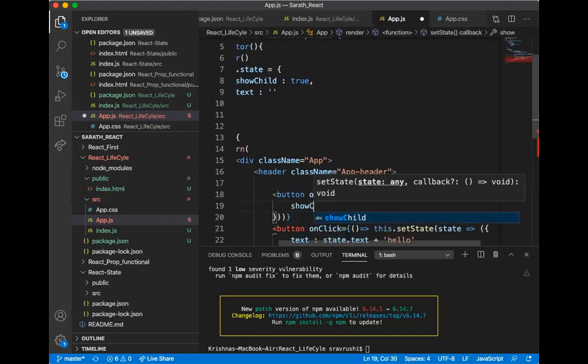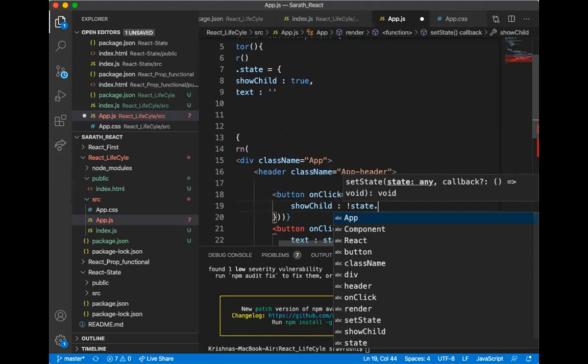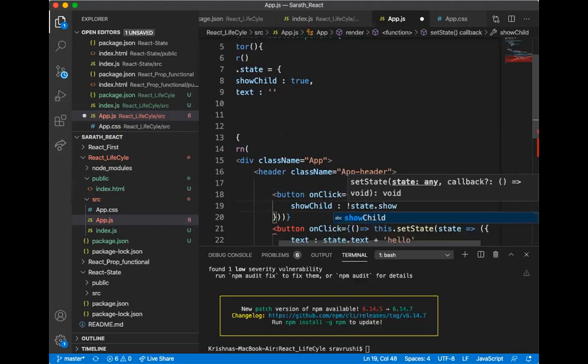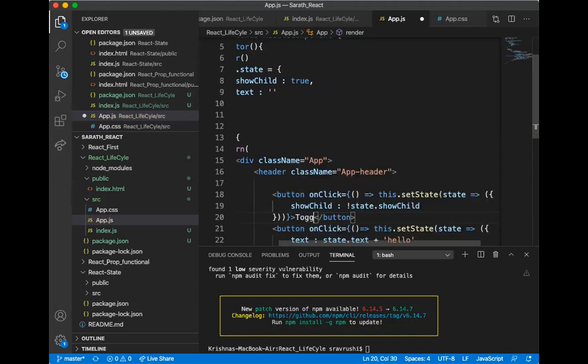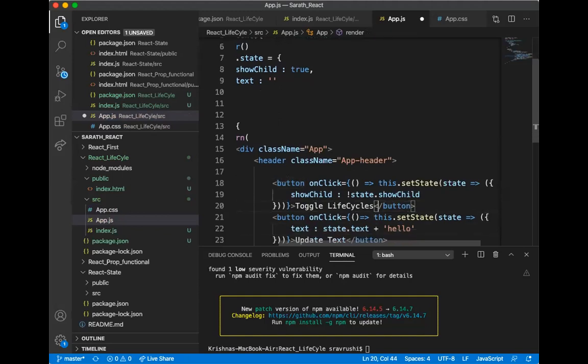Show child is the one we are having above. So the default value of show child is actually true. I am going to convert that value to state.showChild, means I am setting that value to false. It should happen when I toggle, if I click on this button. Okay, so I am giving here toggle life cycles.